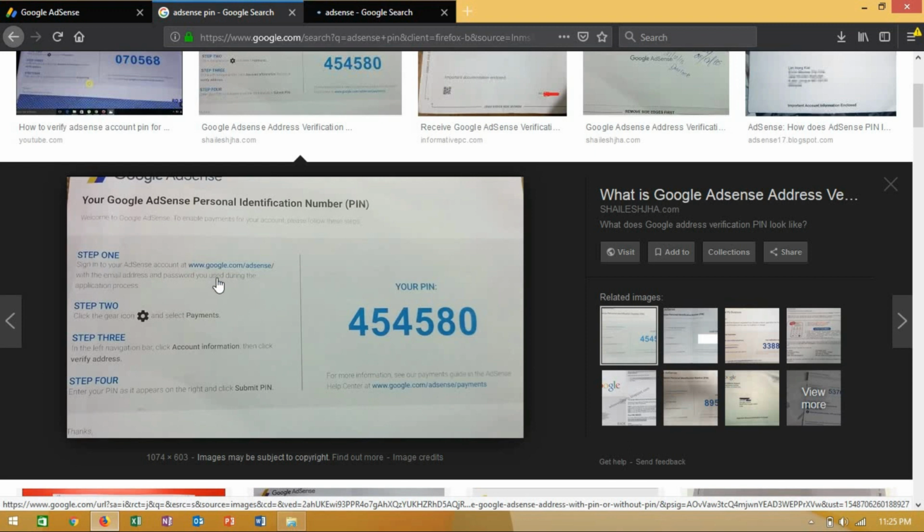Step 1, they will tell you to go to Adsense. Then step 2, you go to the settings icon, then select payments, then step 3, you go to accounts, and then here we're going to,